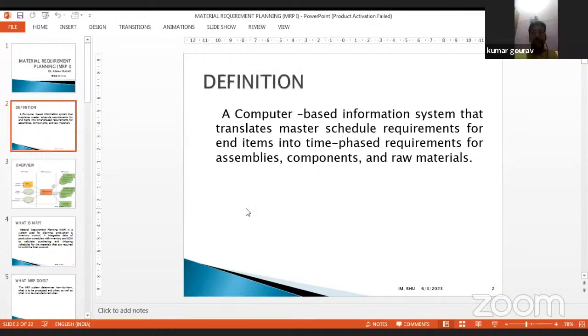Whenever the things are required, that has to be handed over to the production department so that the final product is produced.